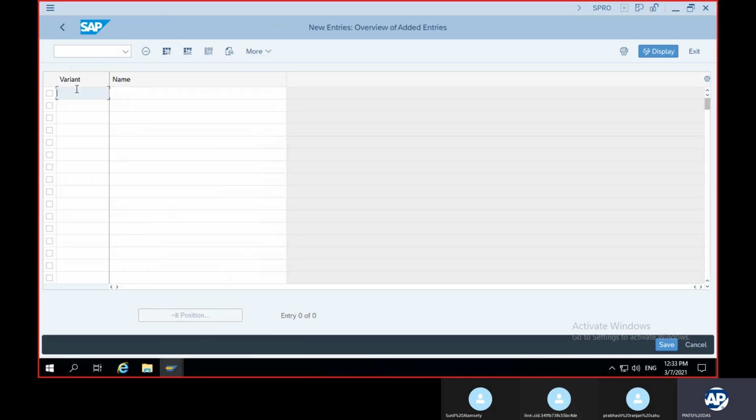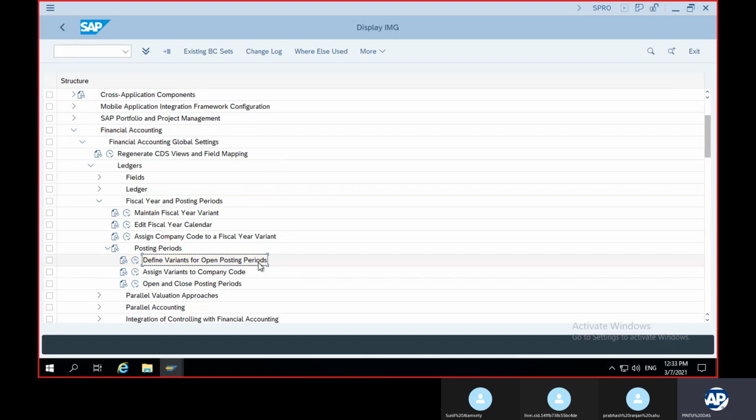Click on new entries. You can keep the same TA21, easy to identify, posting period variant for TA21. So this is the variant, alphanumeric, 4 letters. I have kept it TA21. You can give anything, okay, but on the public server it is just easy to identify. I kept it the same as the company code. That's all. So this is the posting period variant, TA21.